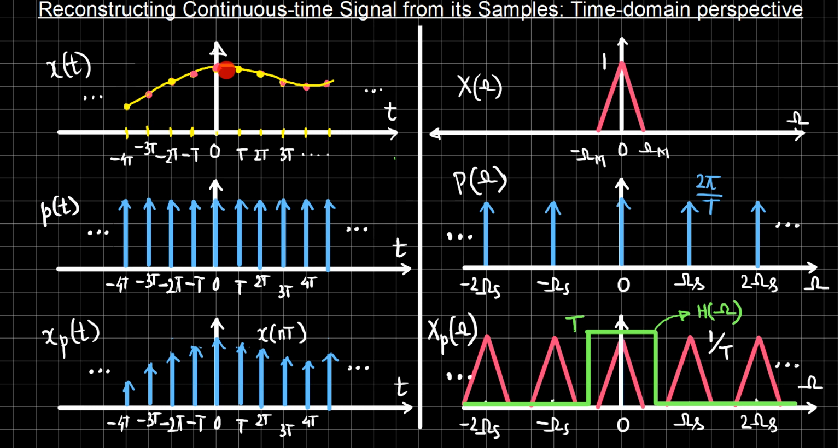of the signal, that is xp of t, which is going to be a scaled version of these impulses, with the scaling factor being x of nT. That means the value that is present at that instance. In the Fourier domain, if the original signal is having the spectrum something like this, the sampled version of the signal will have the same spectrum or the same Fourier transform, but being replicated at the integer multiple of this